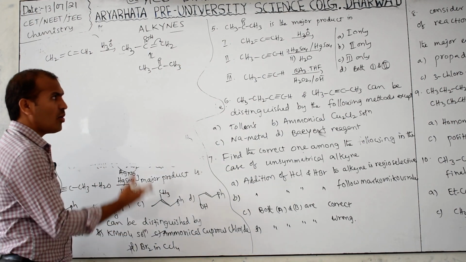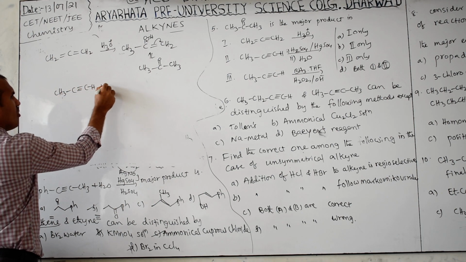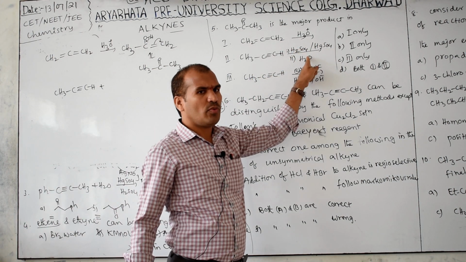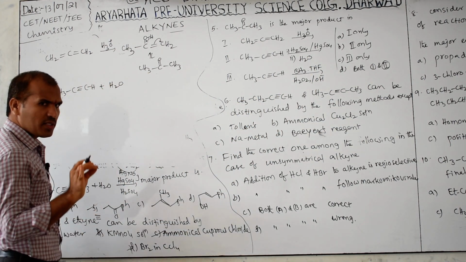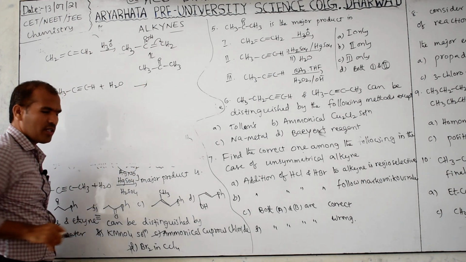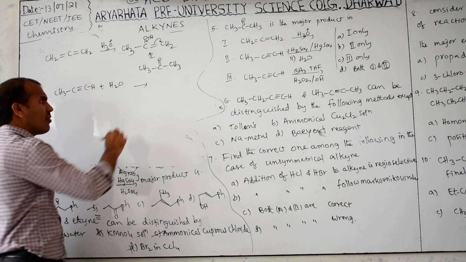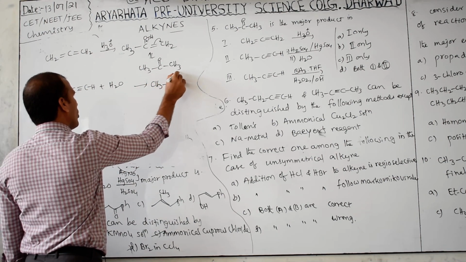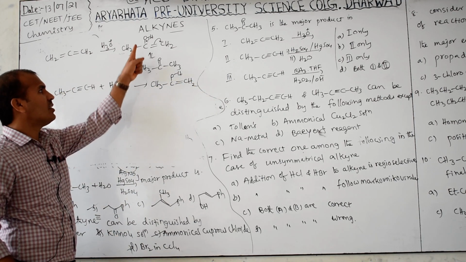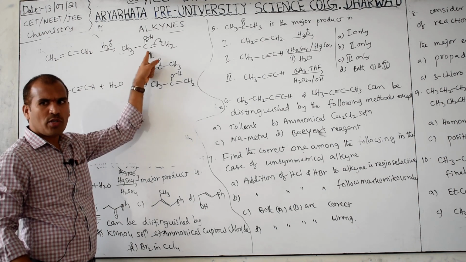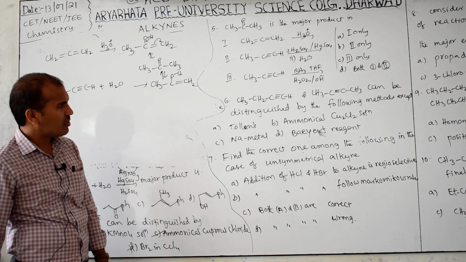Second one: CH3 C triple bond with H plus, these are the catalysts. Here there is addition of water. In water, H plus and OH minus are there. The negative part of the reagent bonds to where? To the carbon with fewer hydrogens. Here one is there, here none is there. Therefore, you will get CH3 OH double bond H, and one H CH2. This is the same. Then keto-enol tautomerization. Then will these form the same or not? So this will also give it.